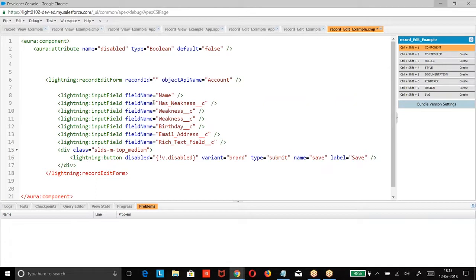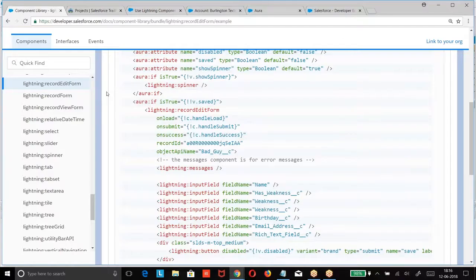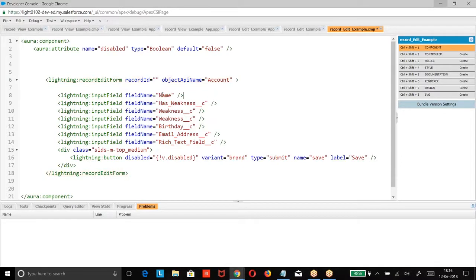So, look at this. Lightning record edit form, record ID, and we had object. Now, what is the record ID? Let us take it without record ID and see what is happening.